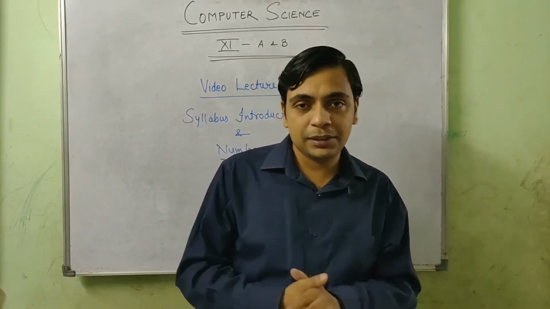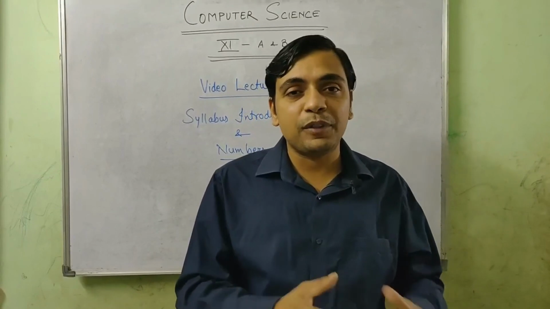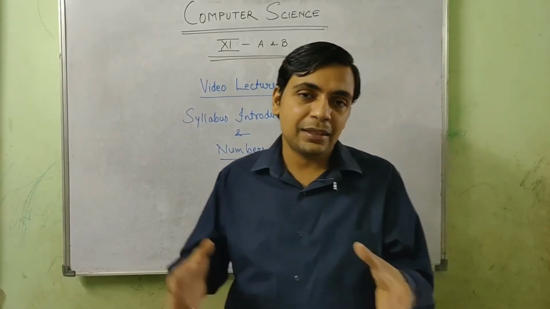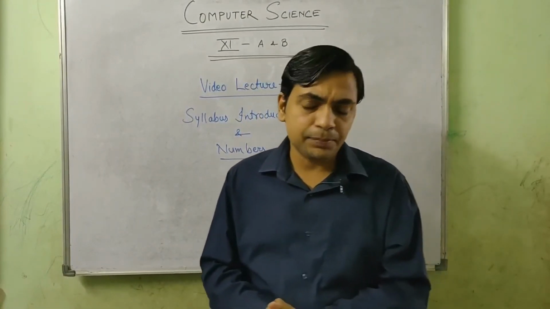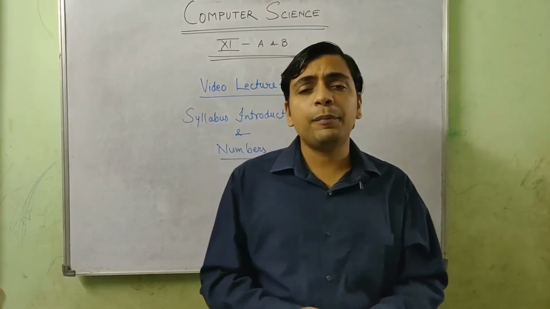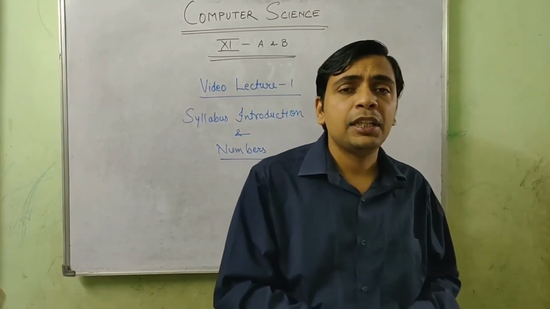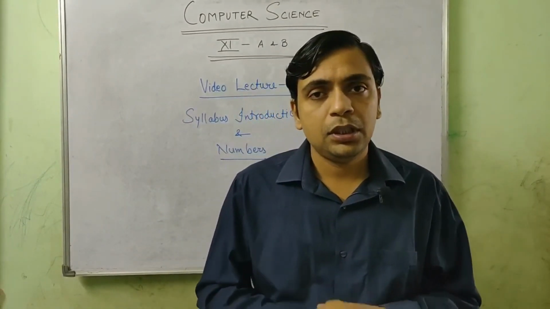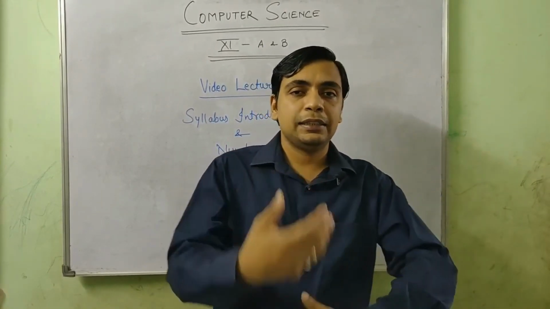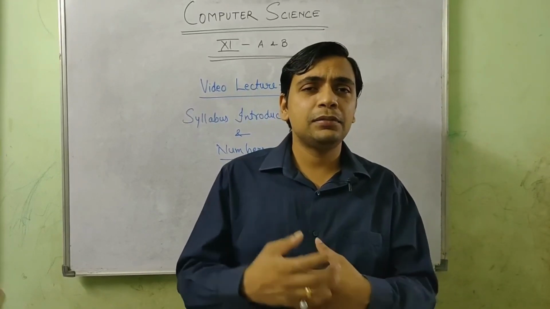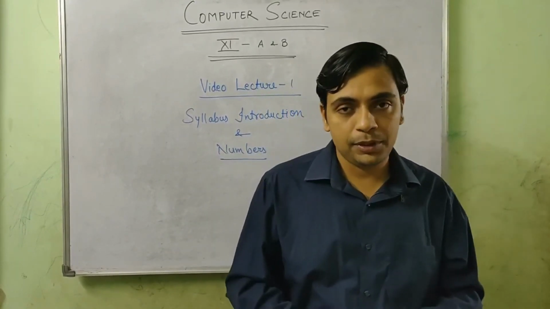So any number can be formed with the help of some digits. Now the total number of digits available in any system is known as the base of the system. So what is a number system? A number system is a systematic way of representing numbers with the help of digits, when these digits are arranged according to certain rules. So when the digits are arranged according to certain rules, then numbers are formed.